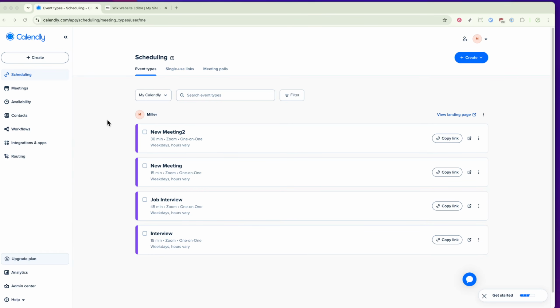Whether it's email notifications, text reminders, or even follow-ups after your meetings, Calendly offers a range of options to help